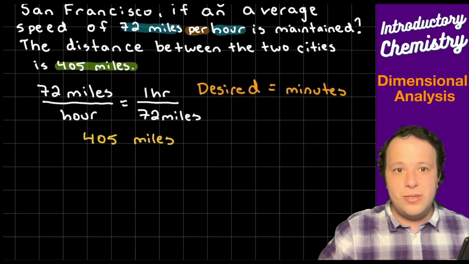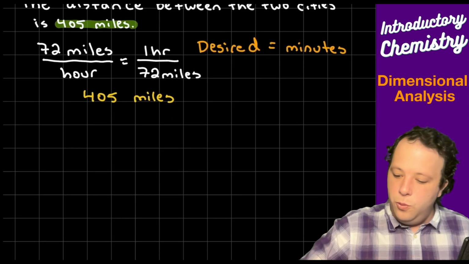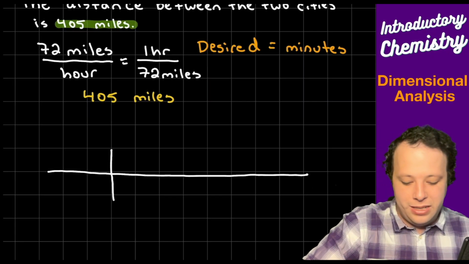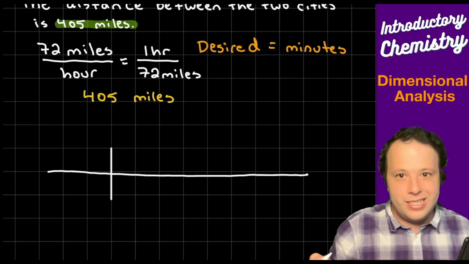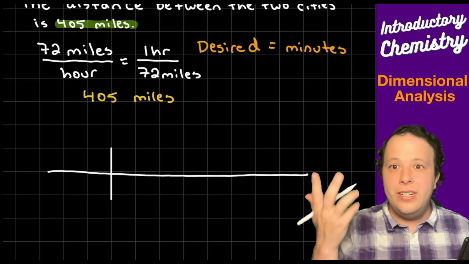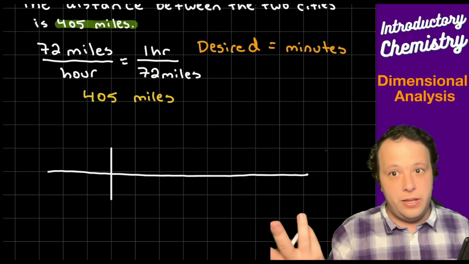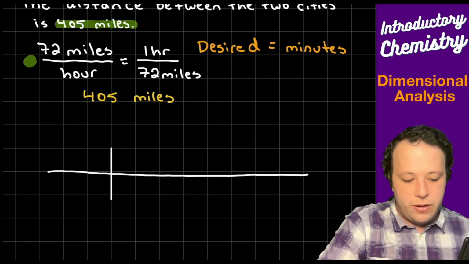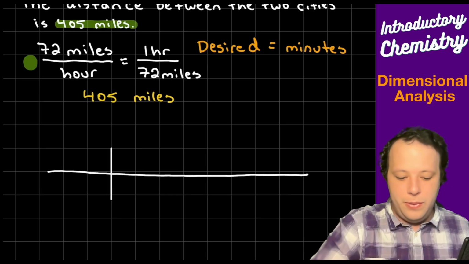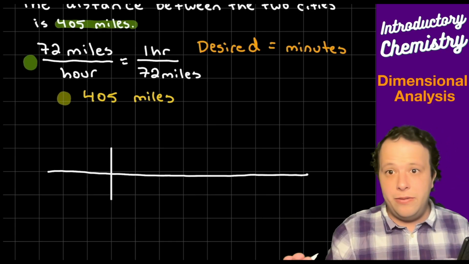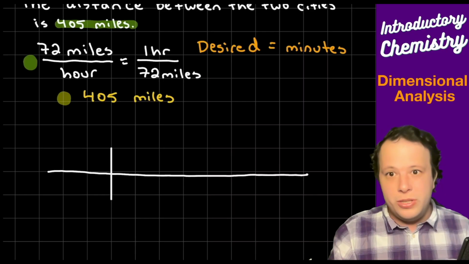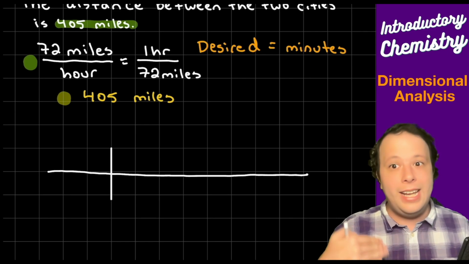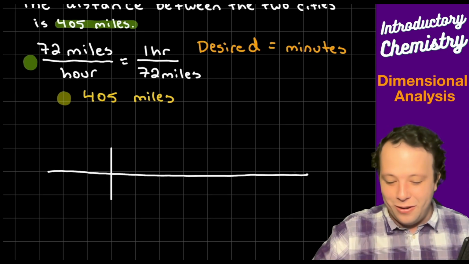So let's set up the problem for ourselves. With all these, we will set this up as a t-table because it shows fractions. It makes it a lot easier to keep yourself organized. Now, in these problems, we are given two different types of things that we can start with. We have conversion factors, which are these fractions up here, and then we also have a term by itself. If you have it, which in most of these word problems you will, you always want to start with the term by itself. And I can't say that enough. Start with the term by itself.